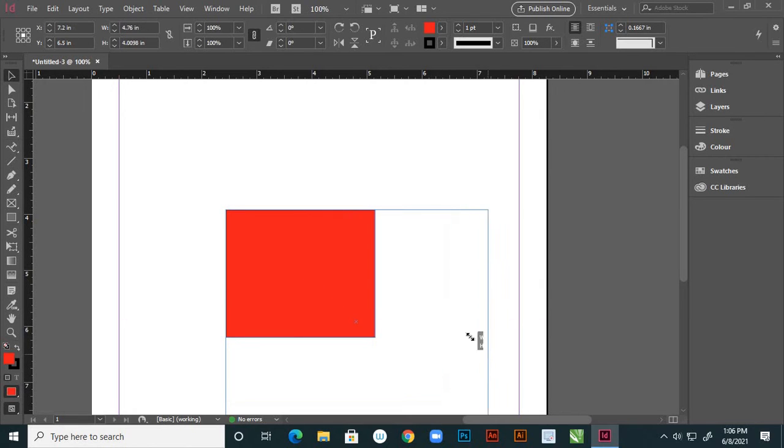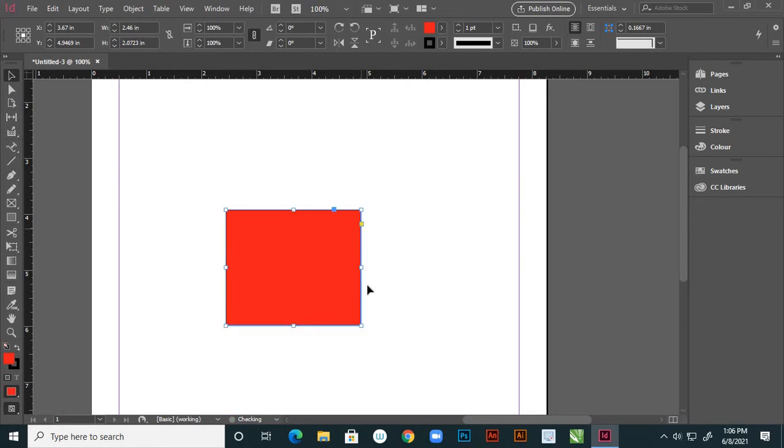If you use only Shift, we get the same squares, boxes. Instead of rectangles, we are getting squares. But by using Alt and Shift, we get proportionate shapes, right?